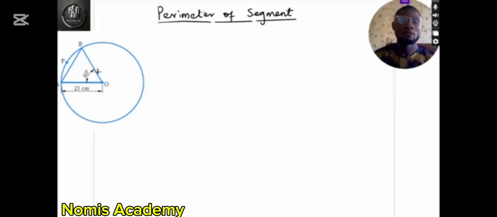So there are many formulas to calculate the perimeter of a segment. One can decide to calculate the perimeter of the sector and subtract the perimeter of this triangle out of it. Then you get the perimeter of this segment. Now, let's take it this way. The length of the chord and the length of the arc should give me the perimeter of the segment. So we're going to recall